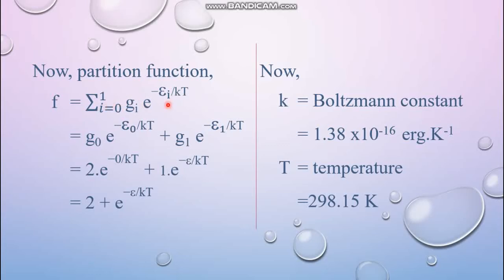So if this series is expanded, then we can write g0 e to the power minus epsilon 0 by kT plus g1 into e to the power minus epsilon 1 by kT. Now the value of g0 is 2, while the value of epsilon 0 is 0 because it is a ground state, while the value of g1 is 1 and the Boltzmann factor is e to the power minus epsilon by kT. Okay, so the result is, this is nothing but 1, so it becomes 2 into 1 equals 2. Okay, and here the exponential part is as usual,